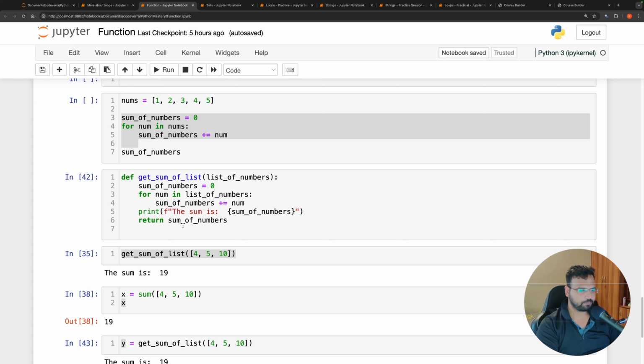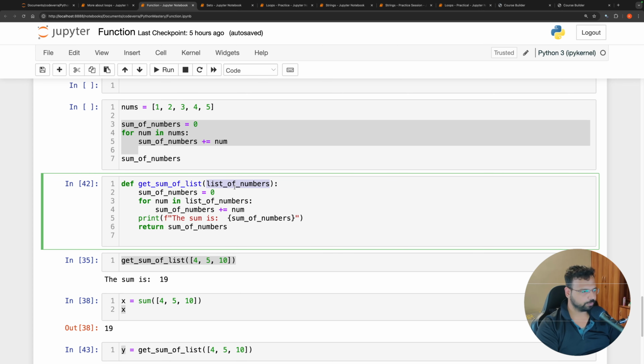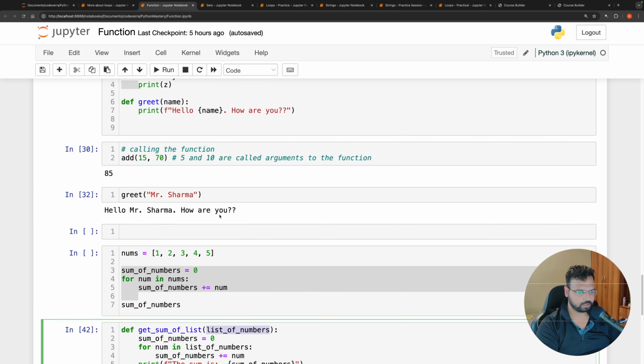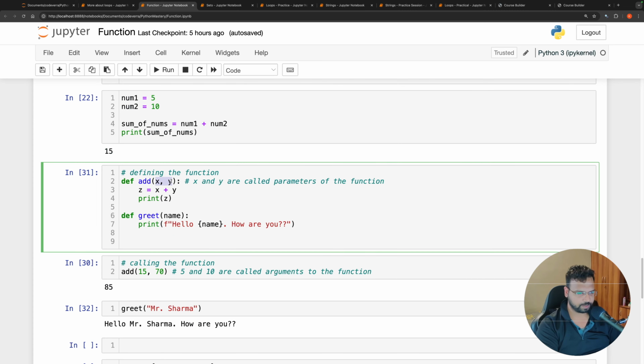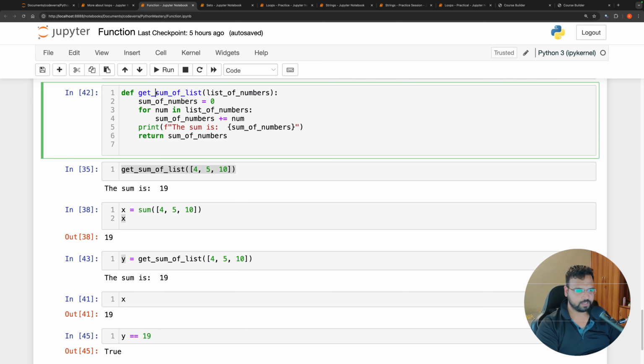Again, let us do a quick recap. What are the things to keep in mind? Whenever we are defining the function, we use the keyword def. Then we need to have the name of the function, and then we need to have the parameter of the function. Parameter of the function can be a number, it can be a list, it can be a dictionary, it can be anything. And you can have one parameter, two parameters, or 100 parameters, doesn't matter. Earlier when we wrote the function, we had two parameters. Here we are having just one parameter, and it will become a little bit more clear when we do a practice. But we need name of the function, parameters of the function, then code of the function,